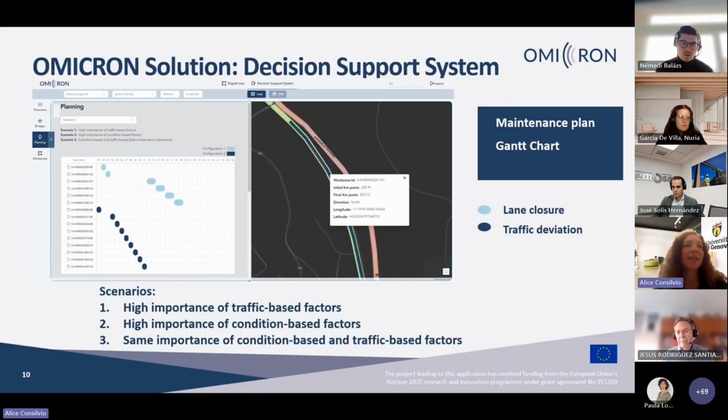We can select different scenarios, so the alternatives in the plan are related to the importance that the infrastructure manager assigns to traffic-based factors and condition-based factors, or the same importance level for both factors. In this way, we can give the infrastructure manager the possibility also to choose the best solution according to